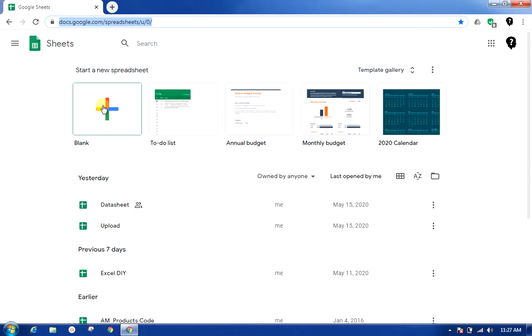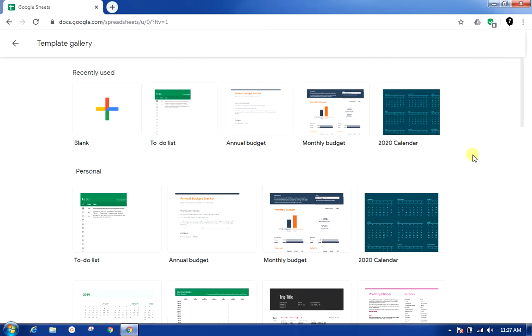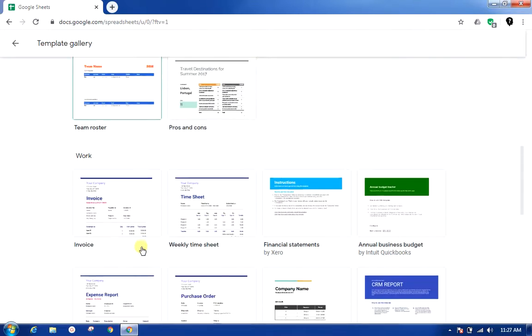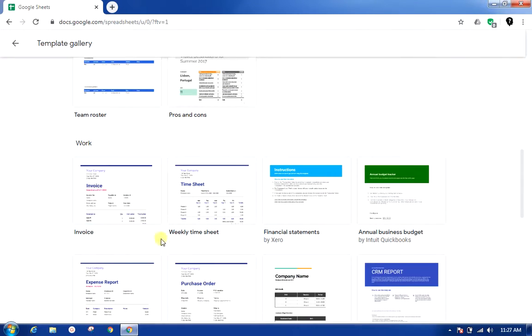If you want to use any of the templates you can click on the template gallery by clicking on the drop down, and you will see by default there are some templates pre-configured for your personal use, such as a to-do list, annual budget, monthly budget, calendar, and so on. For work-related purposes, there are the invoice, weekly timesheet, financial statement, etc.